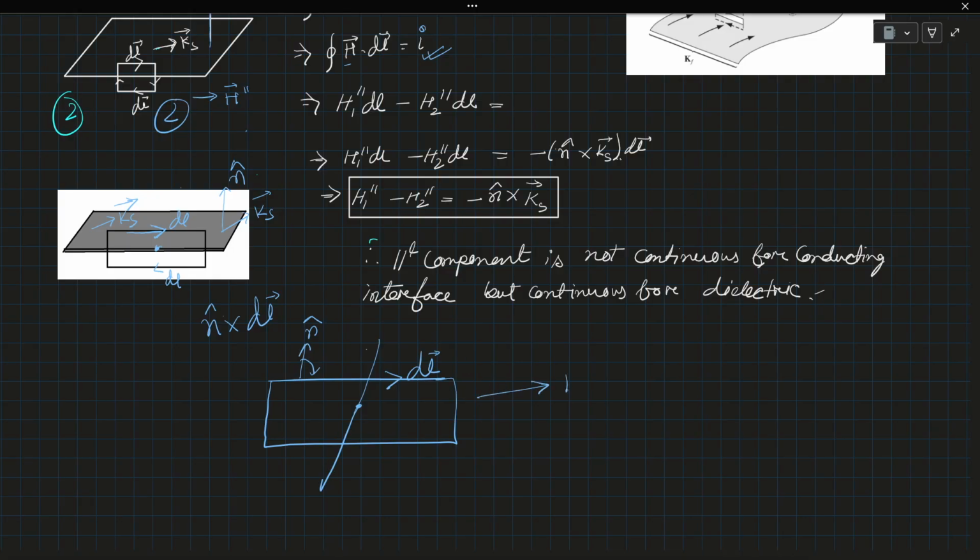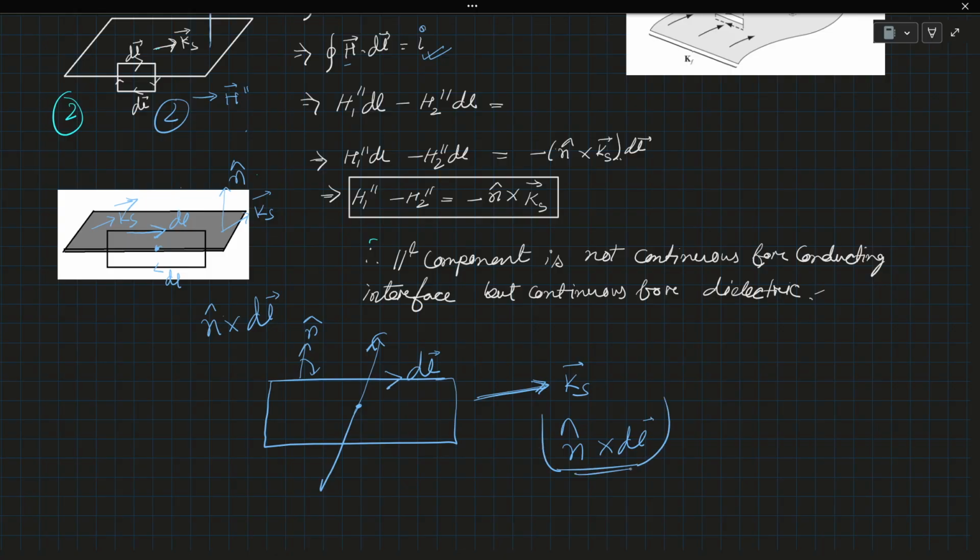This was arbitrary, let's say Ks, right? It was Ks, and it was arbitrary and in the surface. Since it is surface current, it must be in the plane of the surface. Now if we take the dot product of this direction, n cross dl, with this Ks,